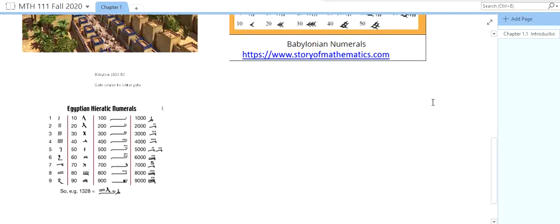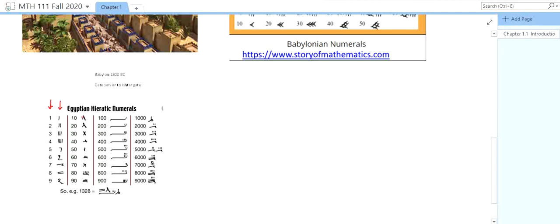So the sort of counting that's similar to what we do didn't come around until the ancient Egyptians, sometime after this. You can see they used a system very similar to ours, a base 10 system, where you'd count to 9, and you see their symbols over here. Get my drawing pad up. So here they're counting to 9 just like we do, but they have a different set of symbols like these over here. And then when they got to 10,